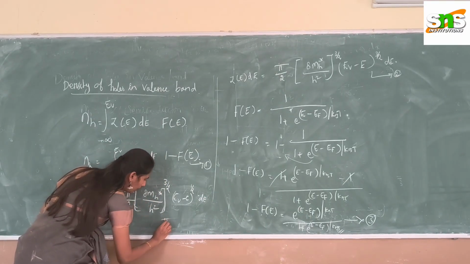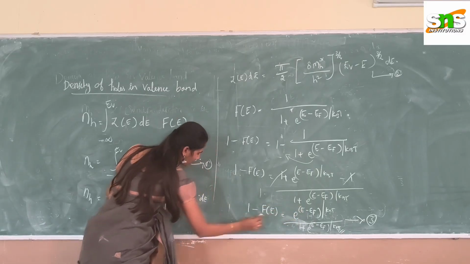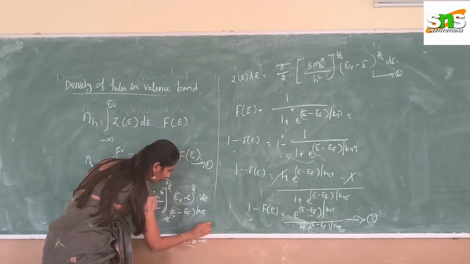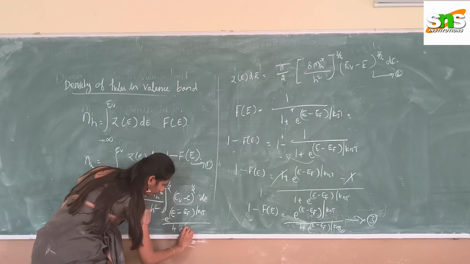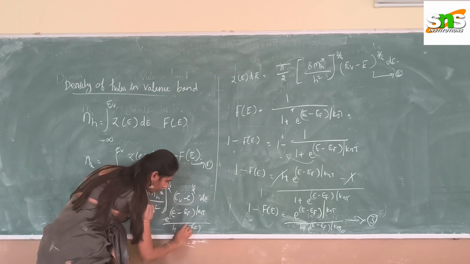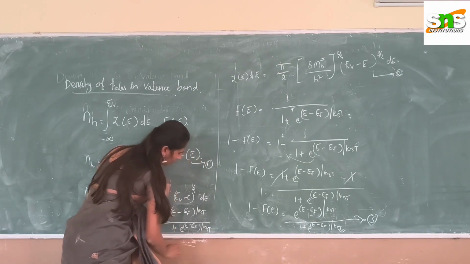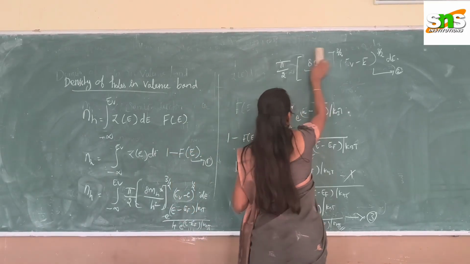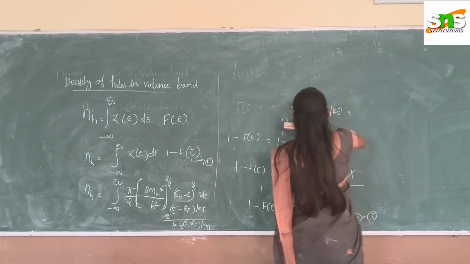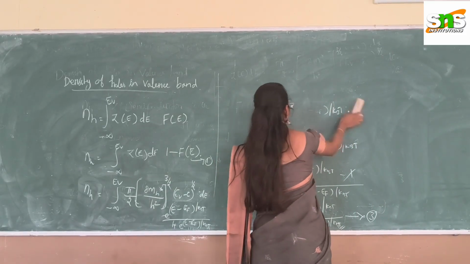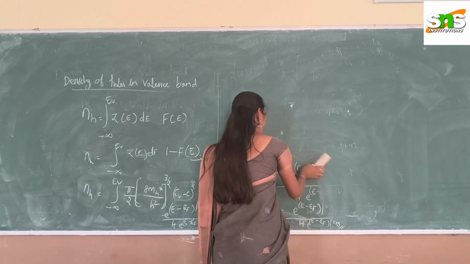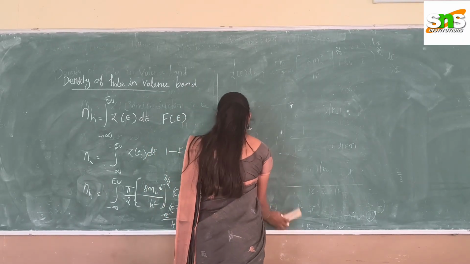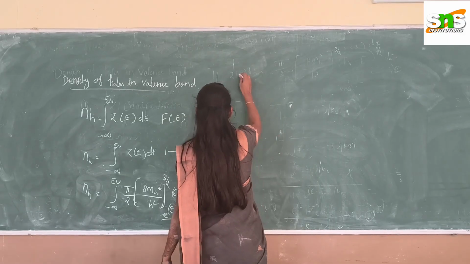So e^((E minus E_F)/kT) the whole divided by 1 plus e^((E minus E_F)/kT). Okay, so n is equal to,